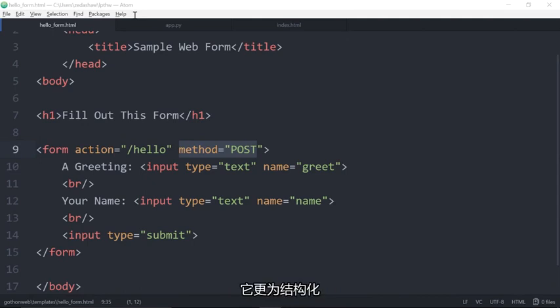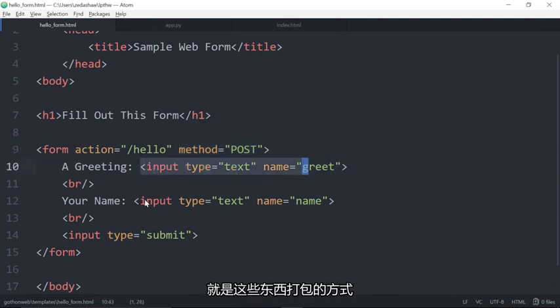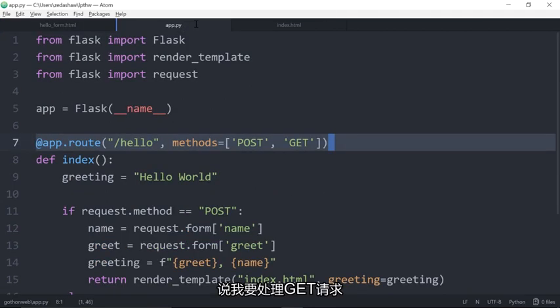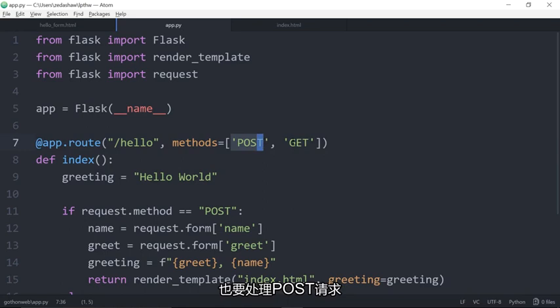It was bigger. It was more structured. It was more exact. Okay. So that's how these things are going to get packed up for you. But you have to tell Flask, hey, I want to receive GET requests and I want to receive POST requests. And there's a whole bunch of other, actually they call them verbs, but for the most part, they're just these requests. Now, to specify this, you have get hello world, and then the request method matches whatever your method was